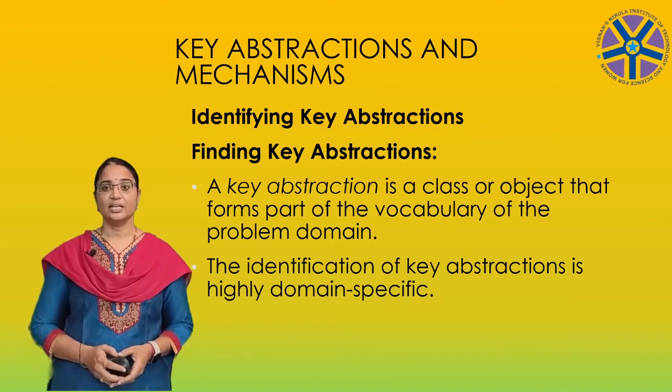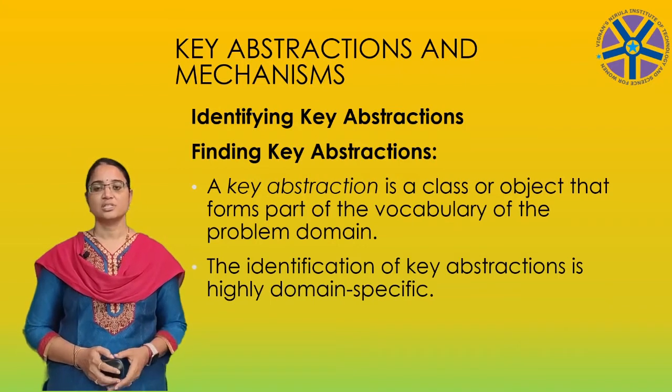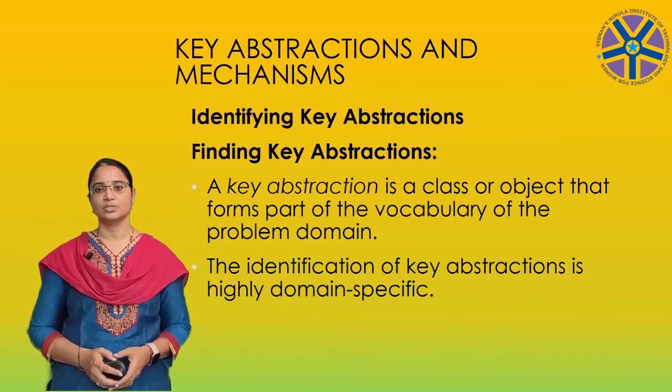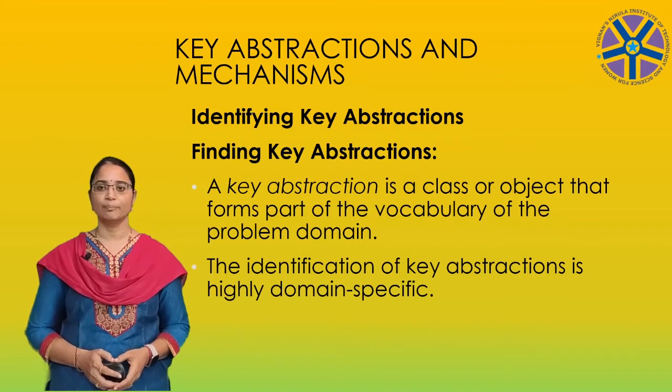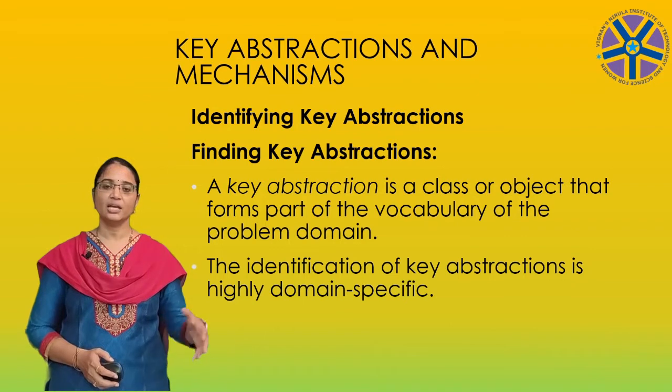As we mentioned earlier, the identification of key abstractions involves two processes, discovery and invention. Through discovery, we come to recognize the abstractions used by the domain experts. If the domain expert talks about it, then the abstraction is usually important. Through invention, we create new classes and objects that are not necessarily part of the problem domain, but are useful artifacts in the design or implementation.